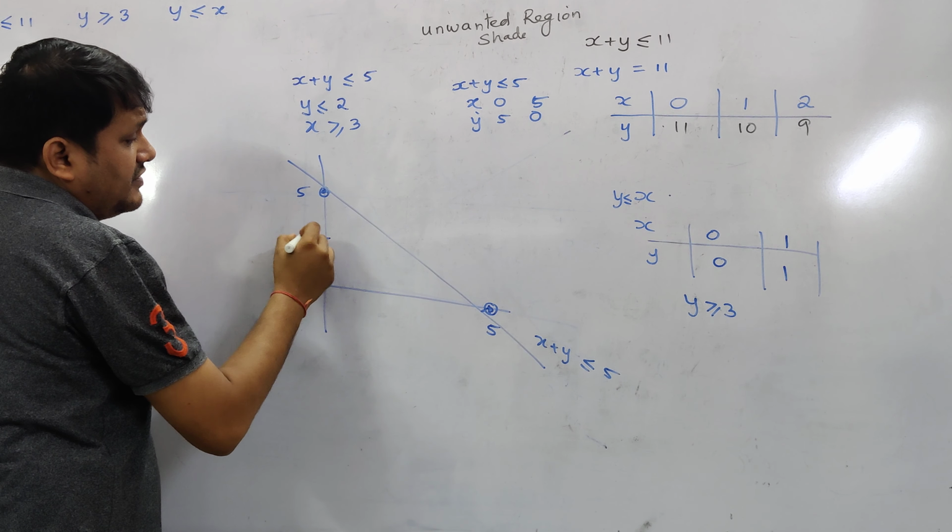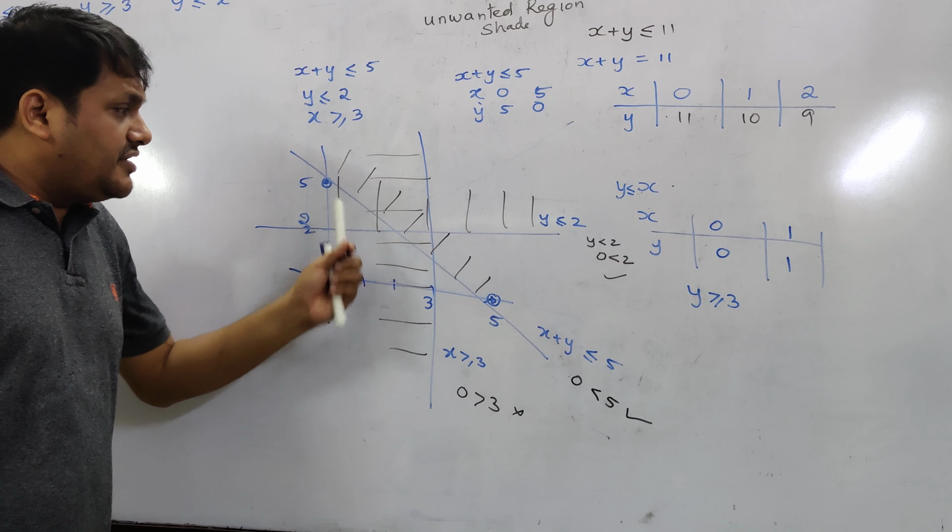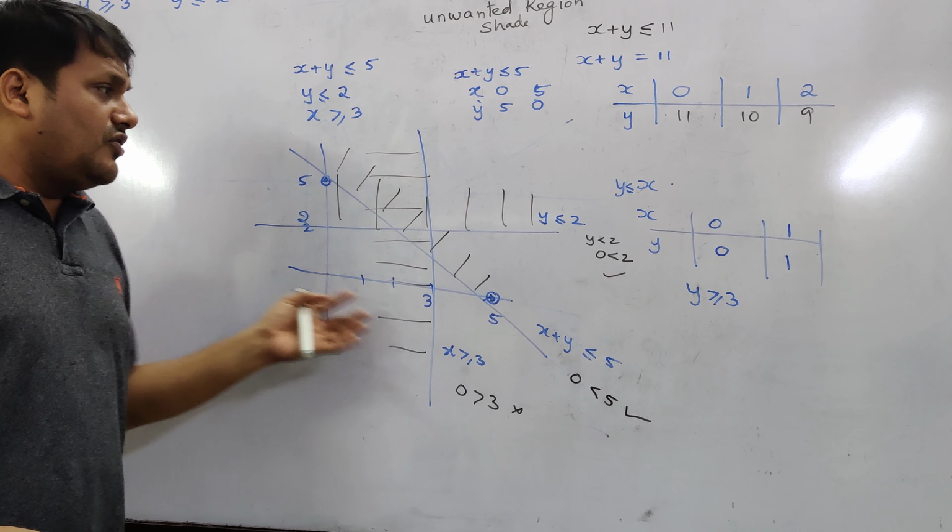Now you have to plot the common region. Which is the common region for this? Here we are not getting any common